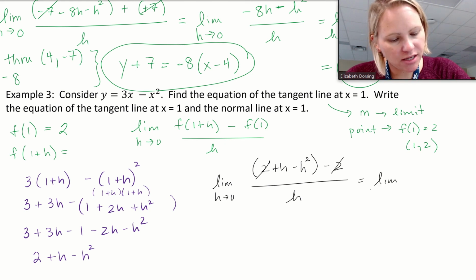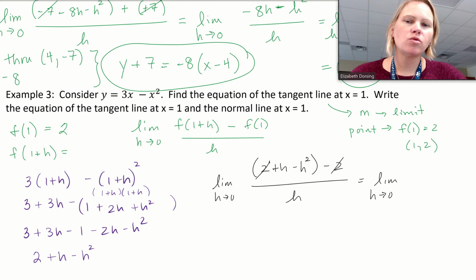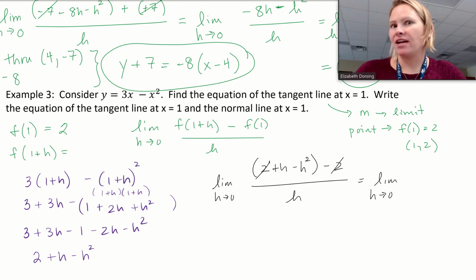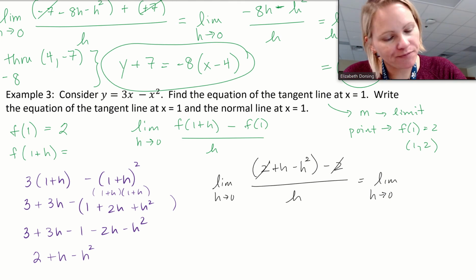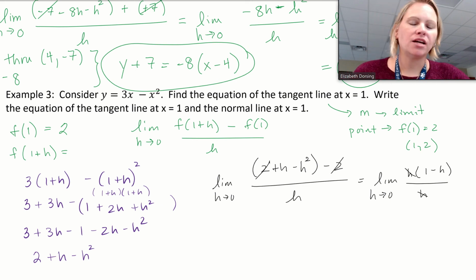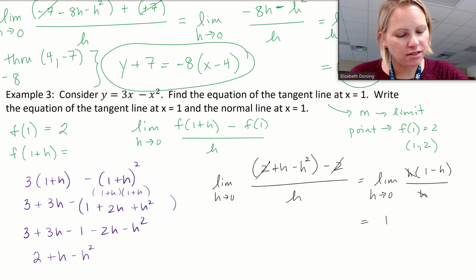So the limit as h approaches 0, and here's where I'm going to start picking up my algebra, because I know that once those 2's cancel, the next step is always factor out an h. That's just kind of how it's going to be. So we've got h, and then 1 minus h. The h's go away, and then when I plug in 0, my limit ends up being 1. So this is the slope